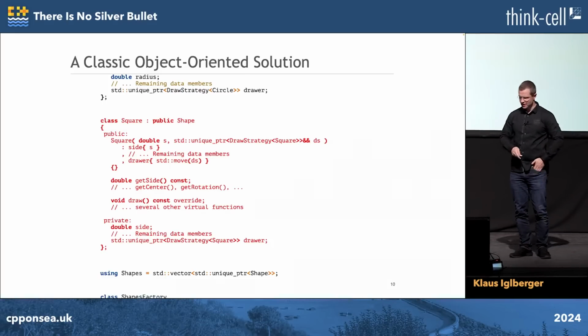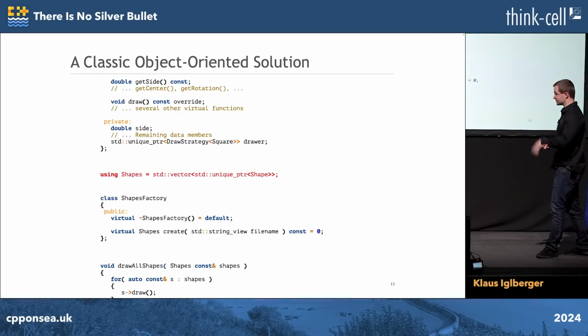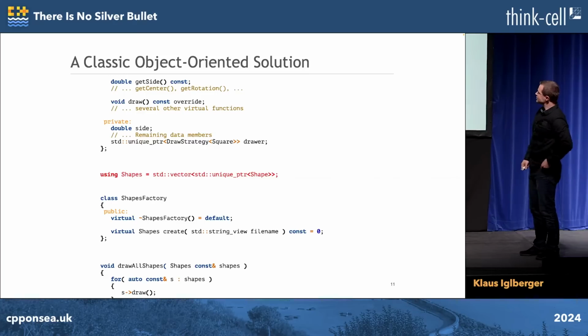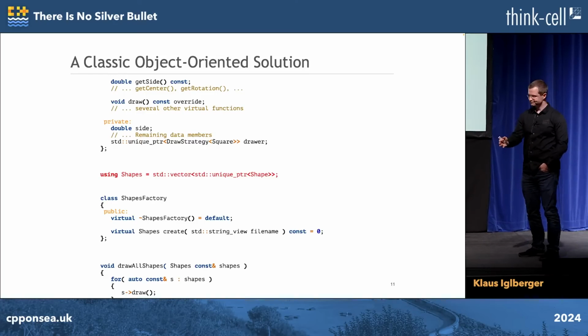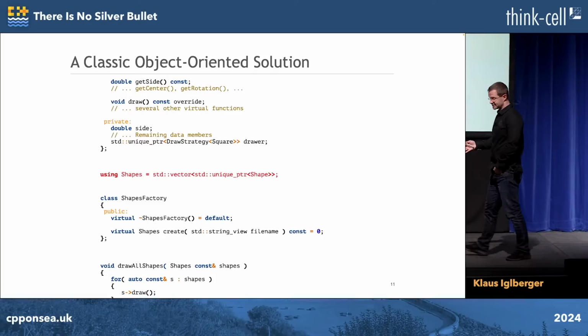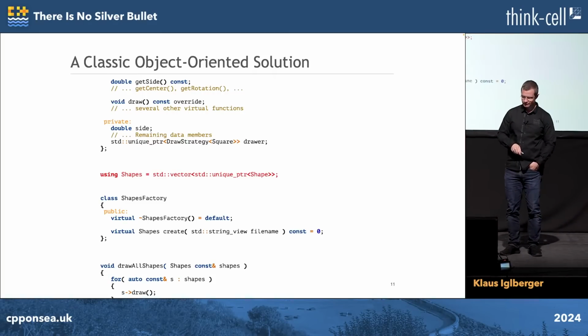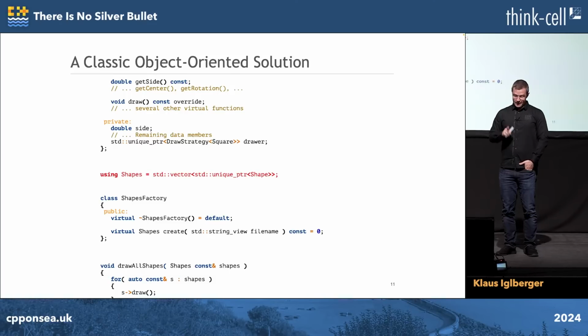Imagine I could, of course, be a couple more. So now, of course, we do not want to have just a single shape, but one of many shapes. So I'm going to store them in this vector of shape pointers. Sure, that's how we do things. Perhaps a little modernized with a unique pointer to shape. All right, so shapes is this vector of unique pointers of shape, which I do not just create.